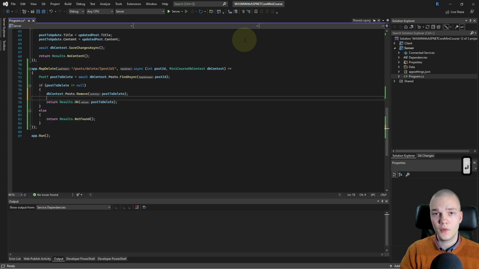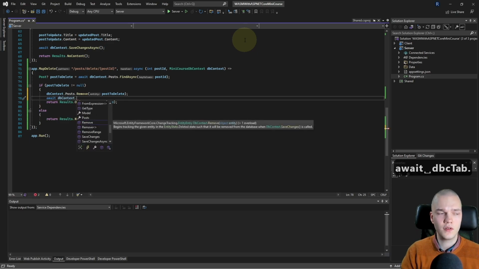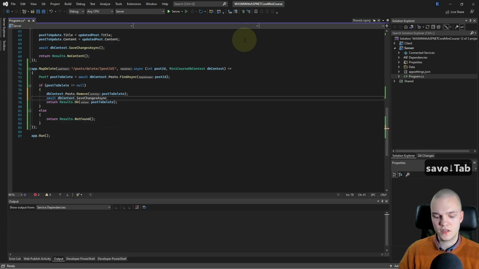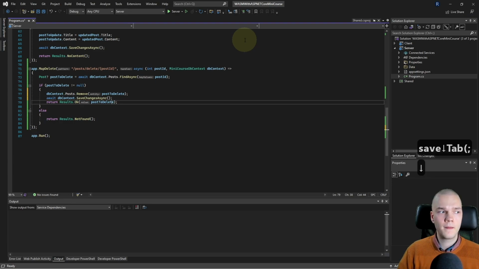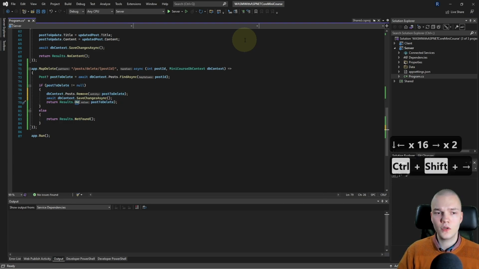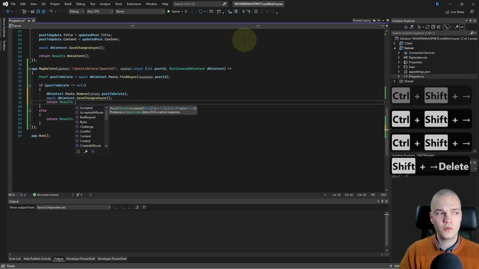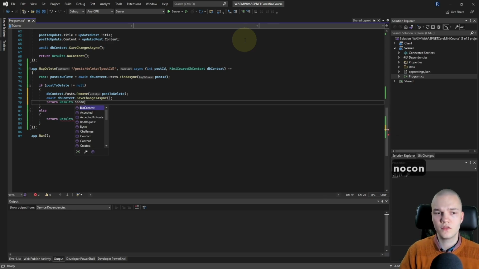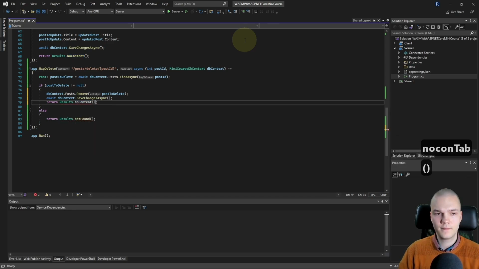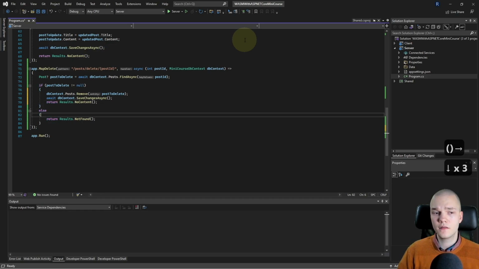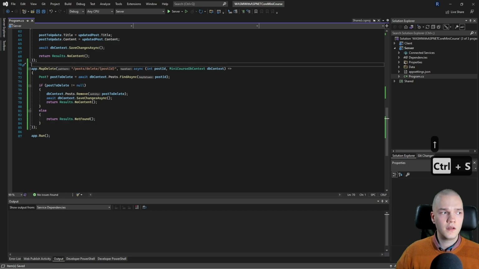And then I want to persist the deletion to the database. So await db context dot save changes async, and it worked. So I want to return results dot no content, else I want to return results dot not found. Right, so our API is done now.